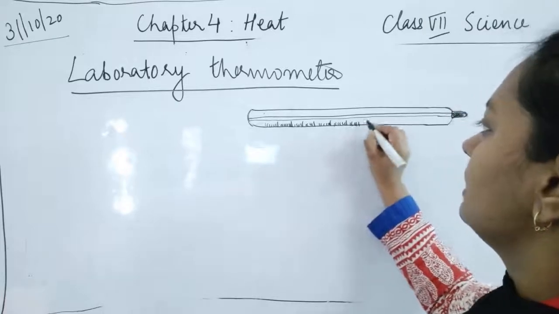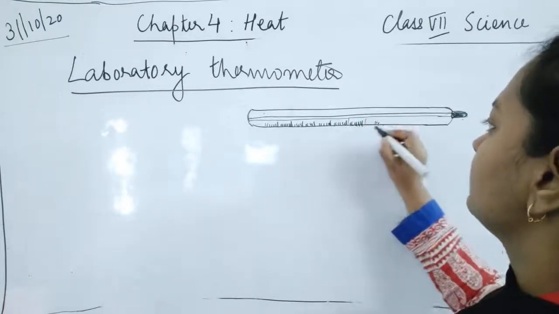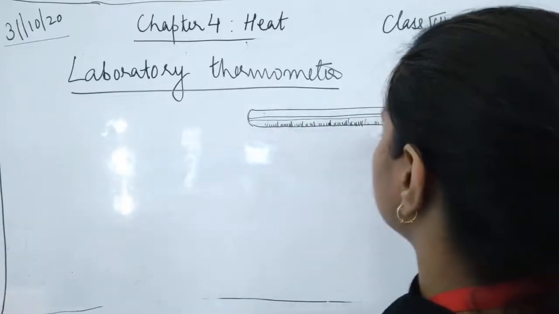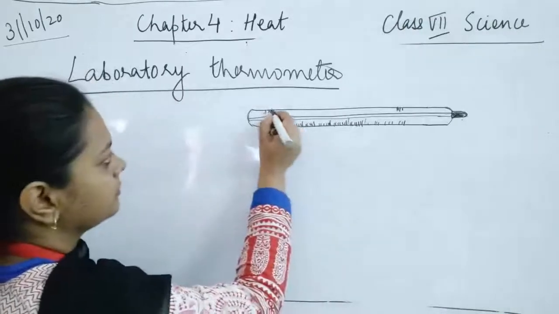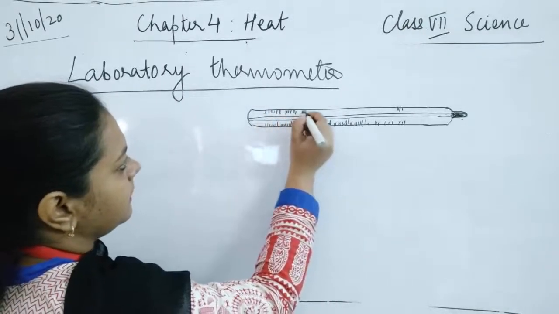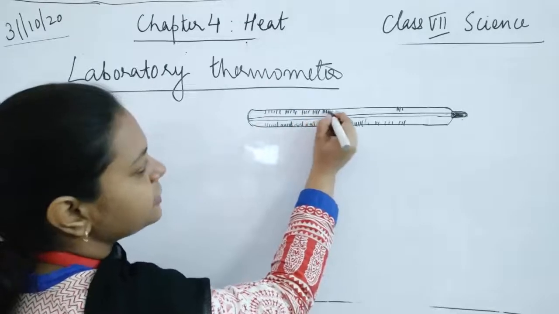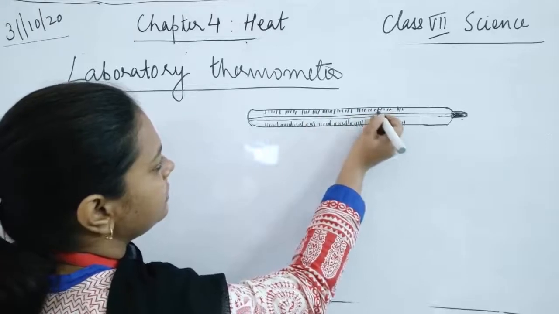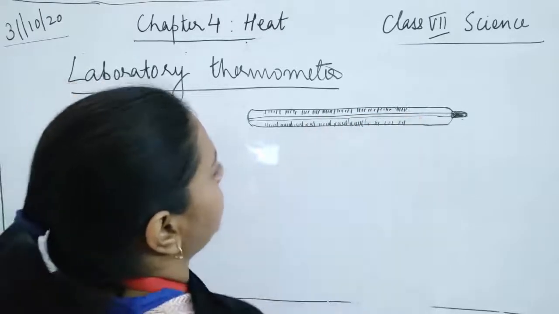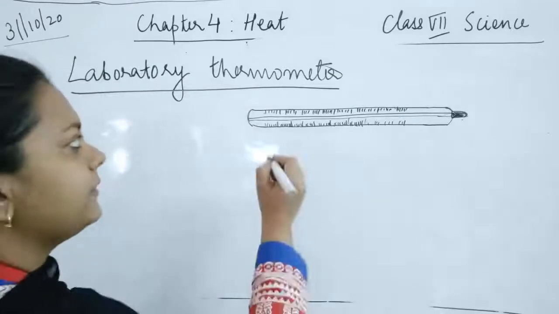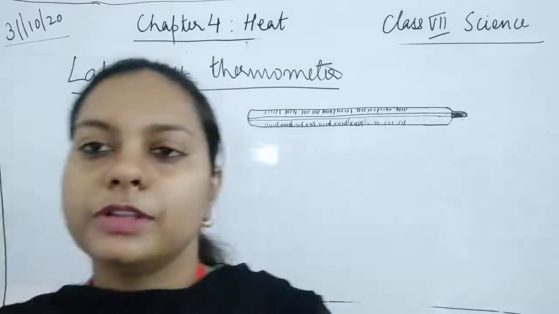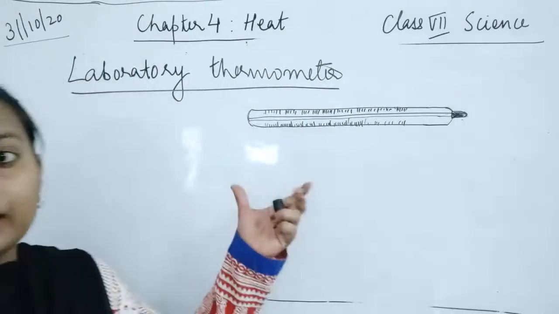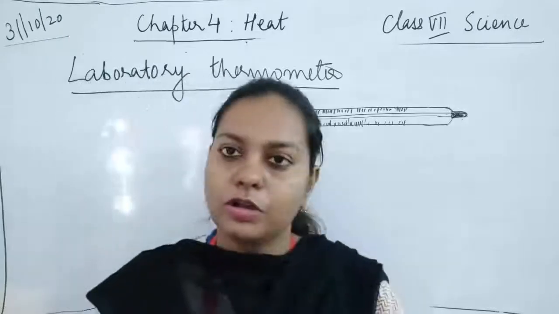So the scale is drawn. Everything remains the same. You can see the readings, you can take the readings. I think you can check the difference between the clinical thermometer and the laboratory thermometer, and please tell me what the difference is just by looking at it. This I have drawn is the laboratory thermometer. Yesterday I drew the diagram of the clinical thermometer. You can compare, or if you see the diagram in your book, then you can tell easily.